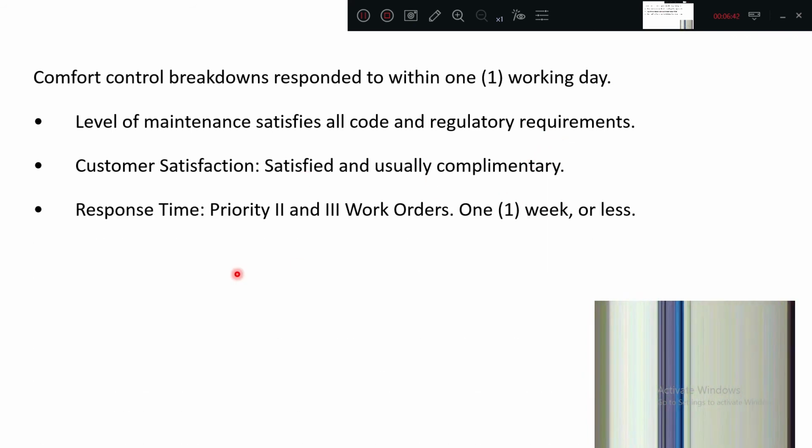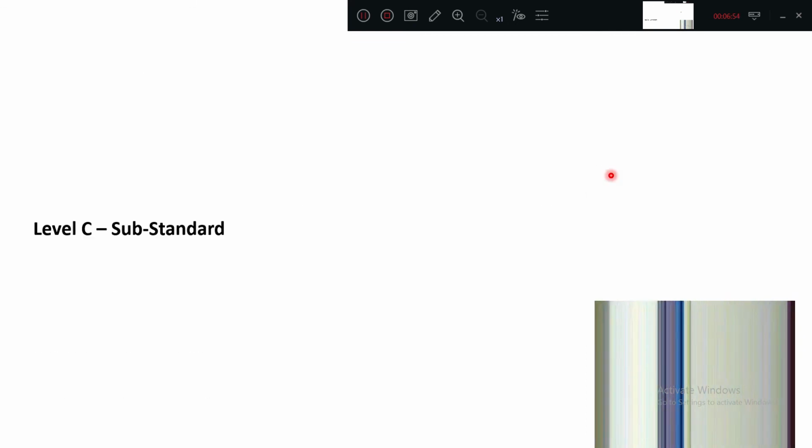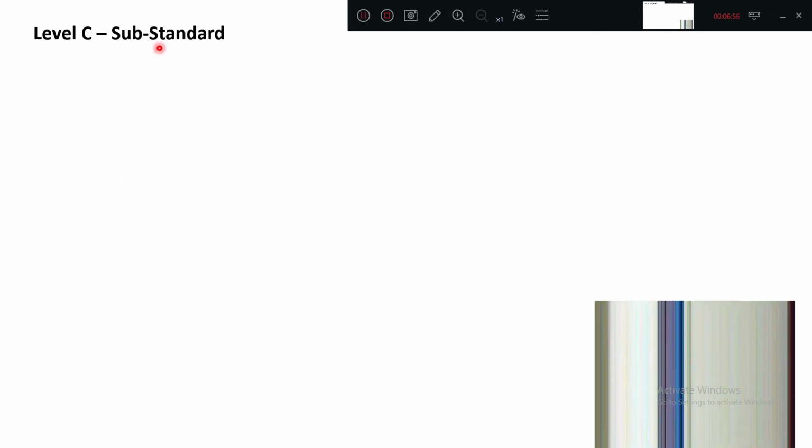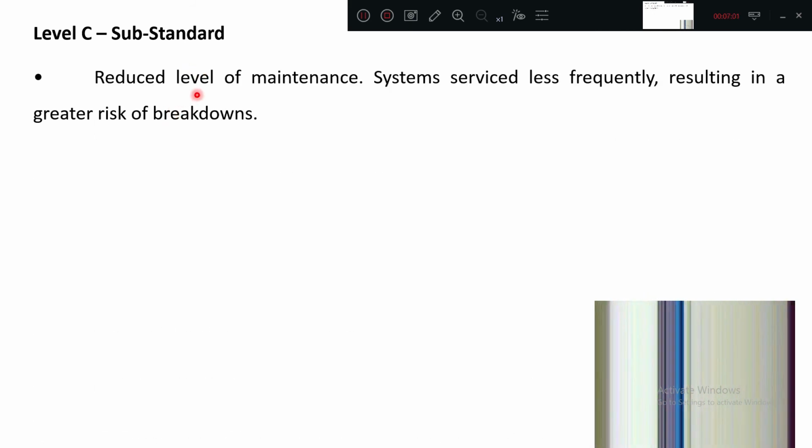usually complimentary. So for priority of work orders, second and third priority are given. Response time is generally one week or less. In the previous case it was immediate. In the next one, level C, we generally call it a substandard level. Here there is a reduced level of maintenance,